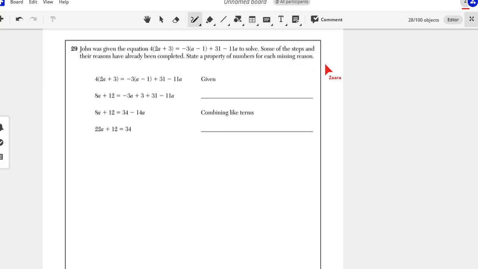So first what they did was, the first is the distributive property. Yep, and then combine like terms and then